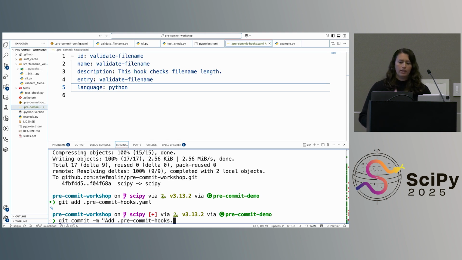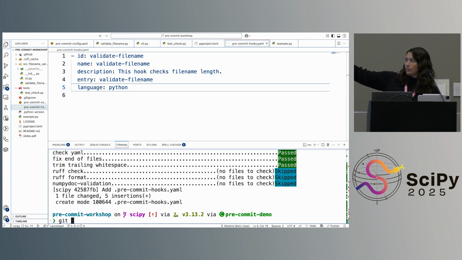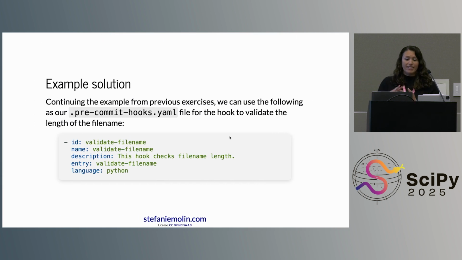Okay. So again, most of this stuff you notice is pretty much exactly the same. The ID, the name, the entry. That is kind of a pattern that can happen very quickly when you're just making these small little hooks. I did want to show you